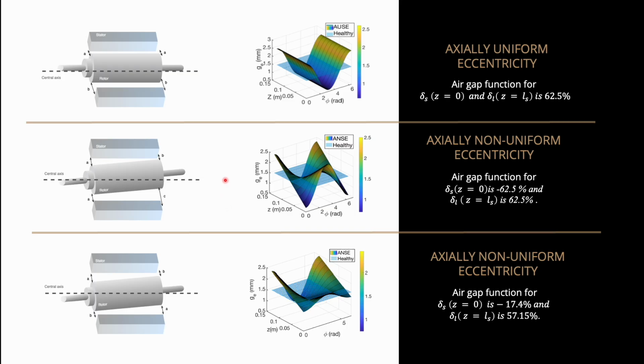Also, eccentricity can occur uniformly or non-uniformly. In uniform eccentricity, the air gap length remains constant along the axial direction. However, in axial non-uniform eccentricity, the air gap length will also change along the stack length, or in the z direction. The focus of my work is on inclined eccentricity, a condition that is more likely to occur in real-world